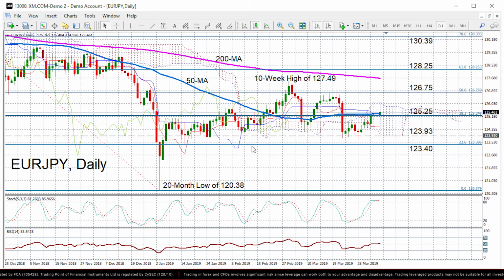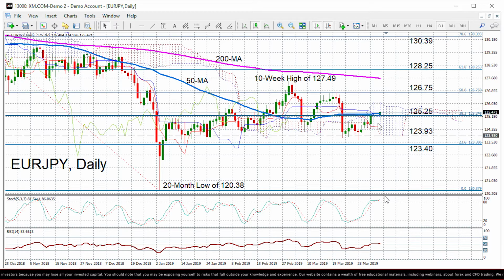So let's now turn to the euro yen pair. It's looking fairly neutral in the short term. RSI is flat around 50. Stochastics are also flat, though they are in overbought territory. So that does suggest that the next move is more likely to be down, given that the current